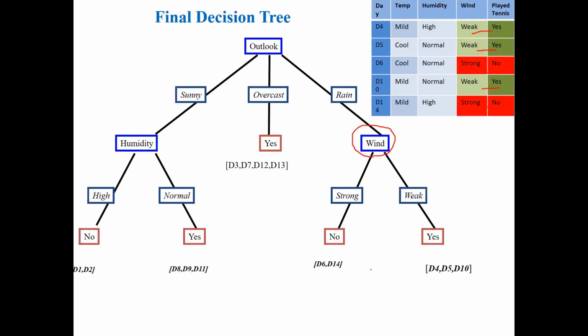So this is how we draw the decision tree by calculating the information gain of the attributes. We have to find the information gain by using the entropy, compare the information gain of each and every attribute, and consider the node which has the highest information gain. So this procedure we have to follow while drawing the decision tree.